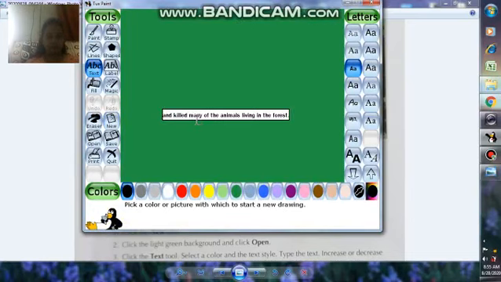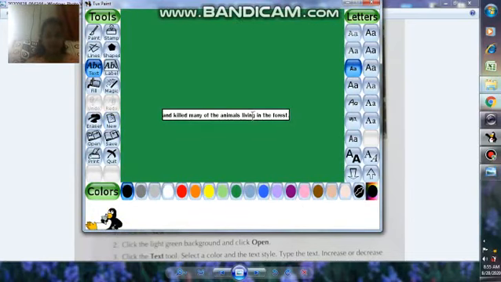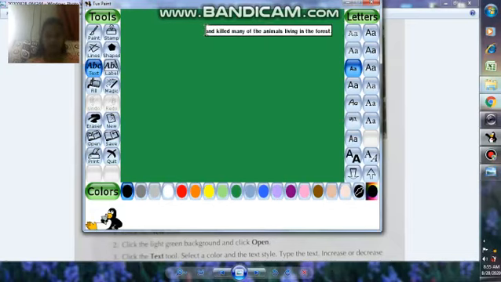Okay. One minute. We don't want this text. We are going to write another text here. Okay. So first of all, write the text. Select another color from the color palette.